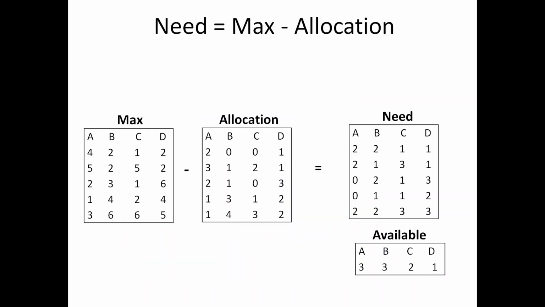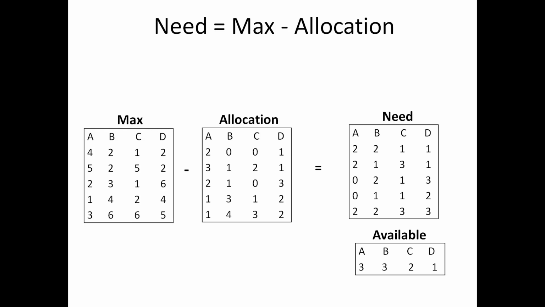Let us first calculate another matrix that is needed for our purpose, which is the need matrix. So need matrix is nothing but the difference between max and allocation. So max is the total request, allocation is current allocation. If you subtract the current allocation from the actual demand, you will know the pending demand. So need is nothing but the pending requirements of all the processes. So P0 needs 2211. Similarly, P1 needs 2131. In that way, we have calculated the remaining requirements of all the processes, and available is already given.